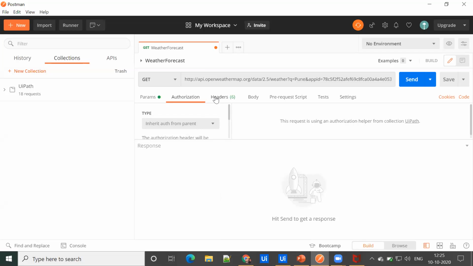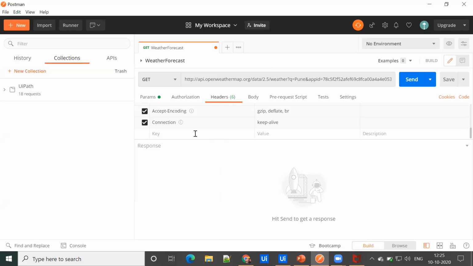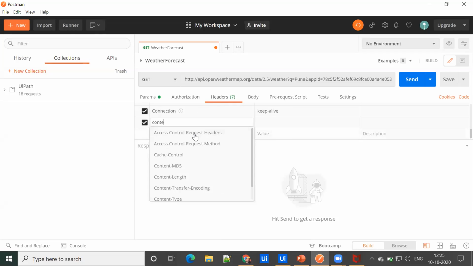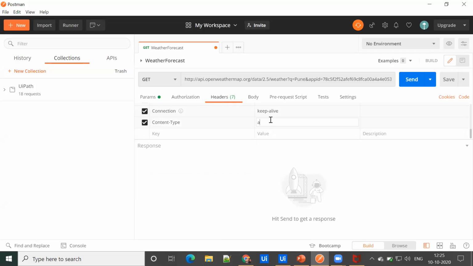Then comes the header section. Inside the header section, we can provide content type application JSON. This is basically saying that the data going to the server or coming from the server would be in JSON format.